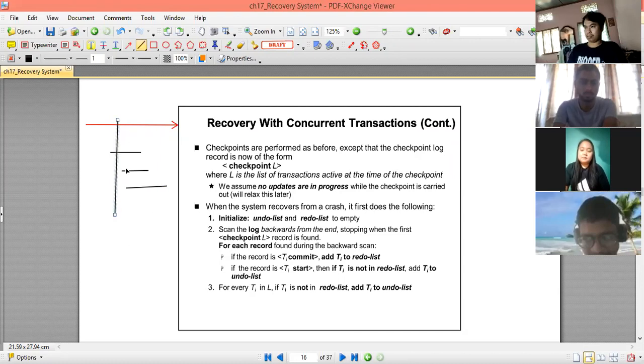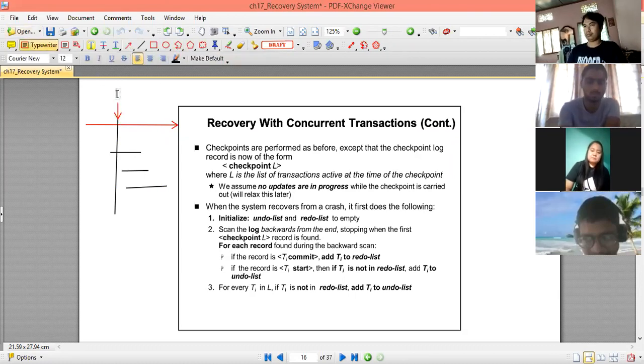Let's say this is the checkpointing time. That means at this point the checkpoint operation has started.